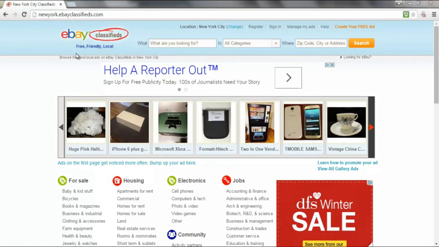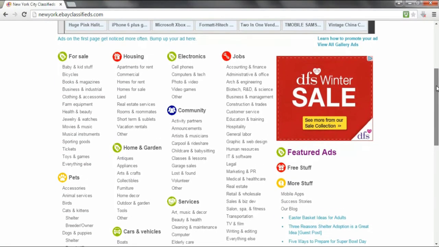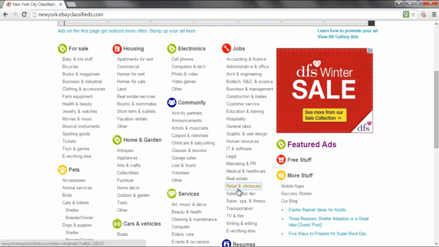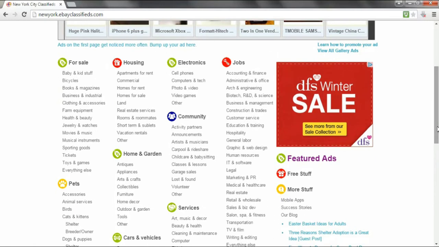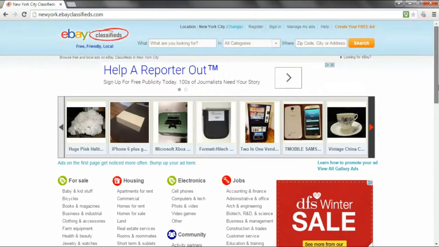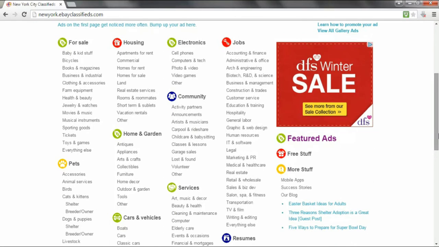But what you may not know is eBay also has a few other web properties that they create just to expand upon their brand. One of them is their classified ad website located at ebayclassifieds.com. You can change your location based on where you are in the world, and it's free to post an ad in any of these sections. So if you're looking to sell a desk, a game, an old camera or an old computer, you can do so by posting an ad on eBay Classifieds. It works in a very similar way to Craigslist, it's just not quite as well known.